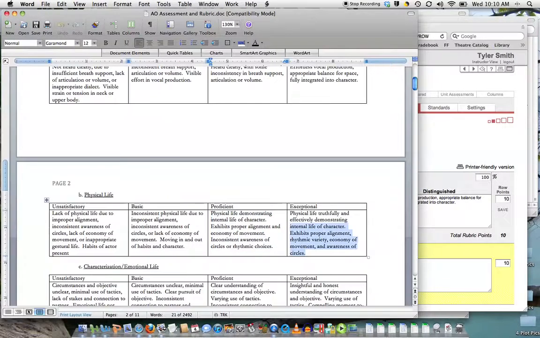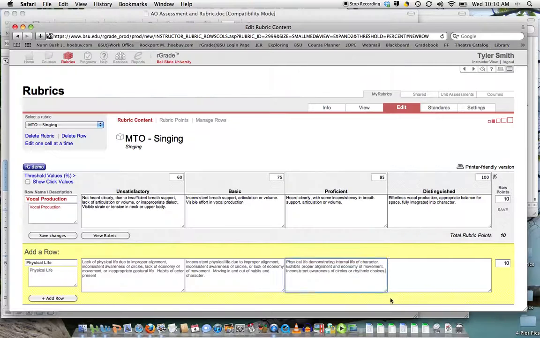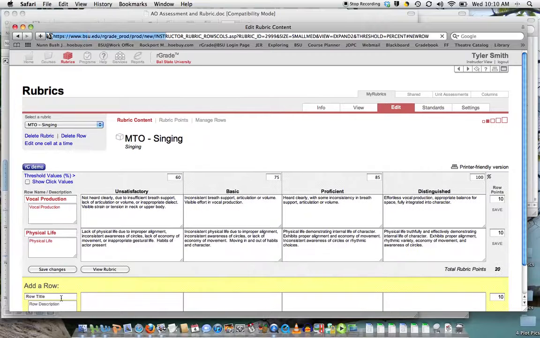And then once you have that done, and some of these will be really long, you can also subcategorize it. I know the MTO has a bunch of different ones, so MTO might have a singing rubric, and then I think there's an acting rubric, and again, I don't have it in front of me, so I can't remember exactly, but you can create as many different rubrics as you want. So when you're done, add that last row, and then